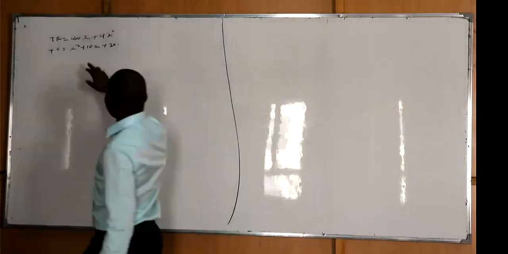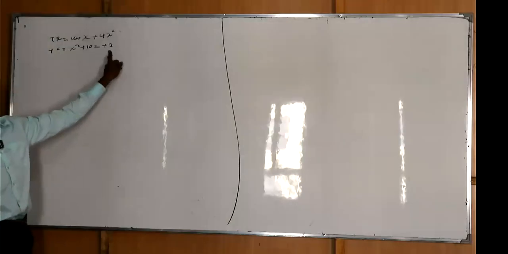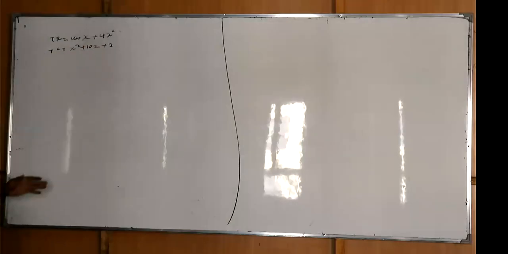Okay, the question says this, but I think it was an error. You can't have 10x plus 3x. So what is that? What kind of equation is this? I think it was supposed to be this. So, and the question says, the question is